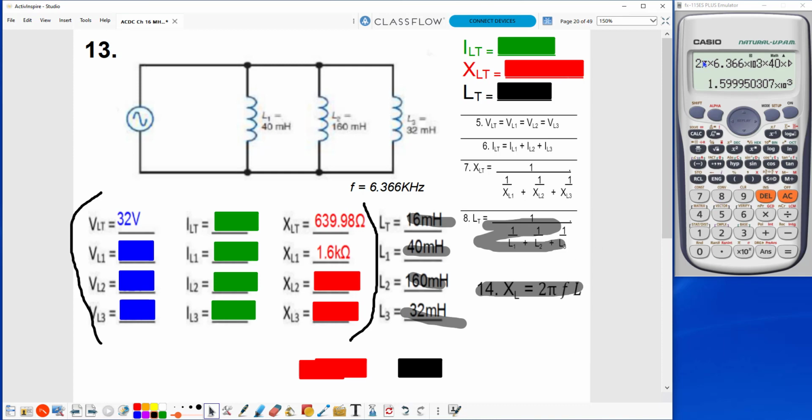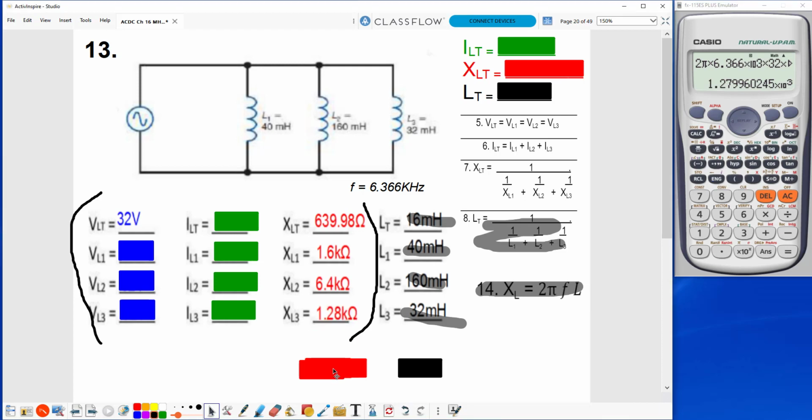So it's 2 pi times my frequency times, change the 40 to a 160 millihenries, giving me 6.4 k ohms. And to find XL3, I'll use the L3 value, 2 pi times my frequency times, we'll change the 160 to a 32 millihenries, giving me